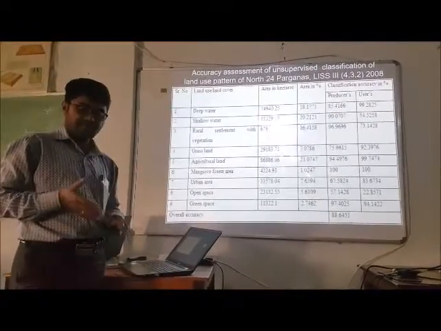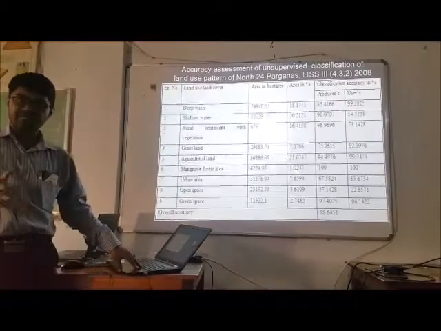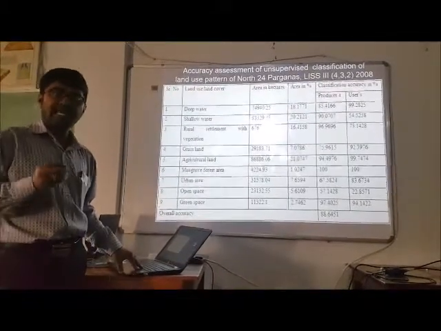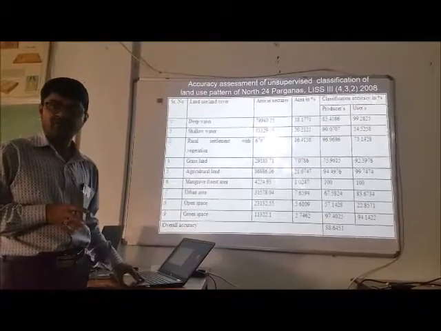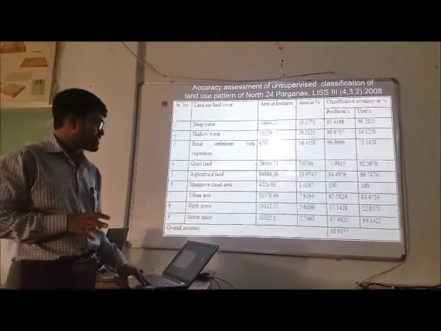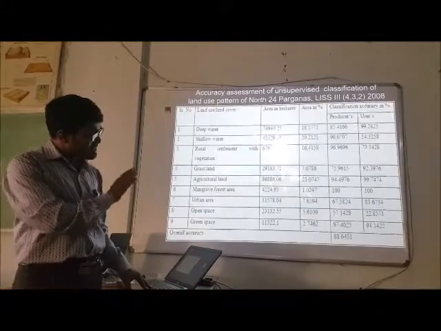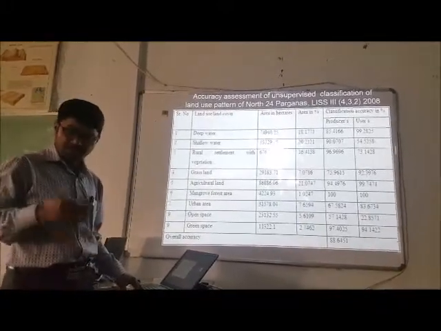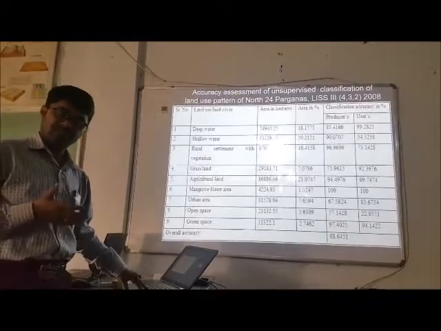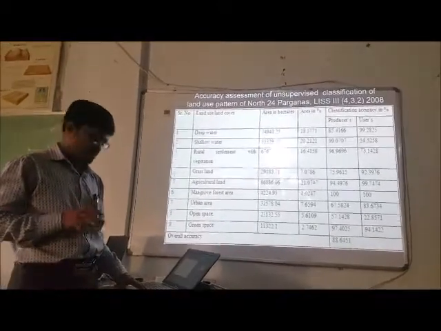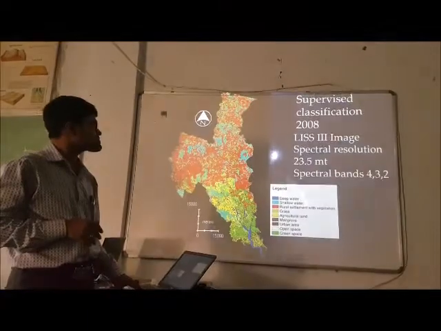According to Lillesand and Kiefer, less than 85% overall accuracy is not acceptable for research purposes. So when the value is above 85, it can be used for research purposes.